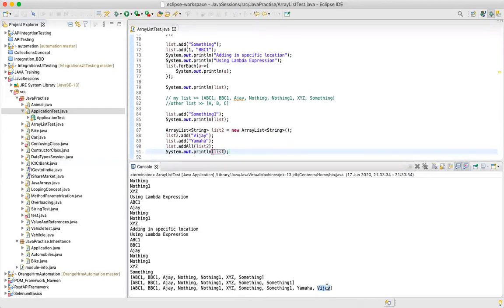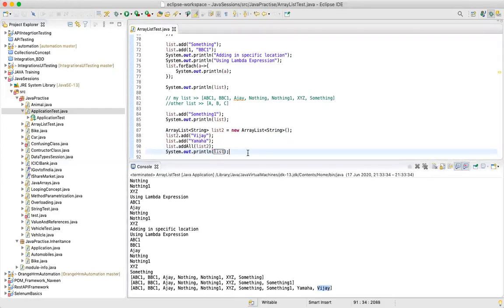So if we have multiple lists, you can call this a merging of lists, any name you can give, but in a simpler way, when you have 2 lists and want to add elements of one list to another list, you can simply use this addAll method. We can also do this vice versa, adding all the elements of my list to this particular list. So this is the addAll method.